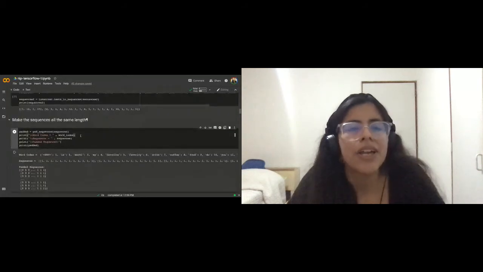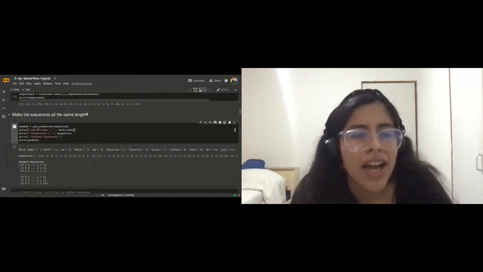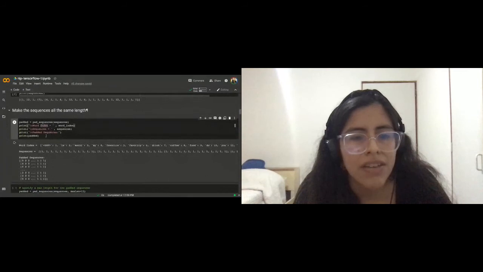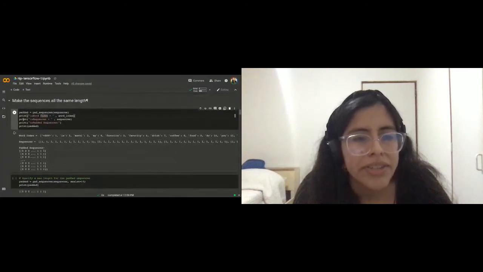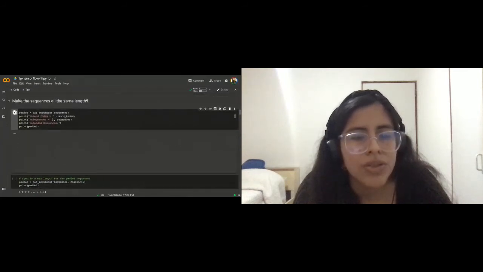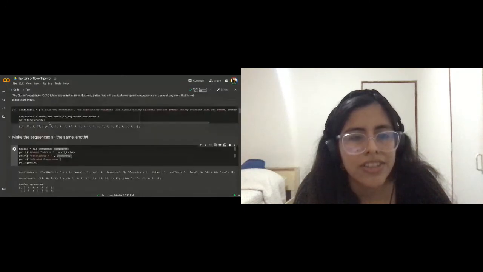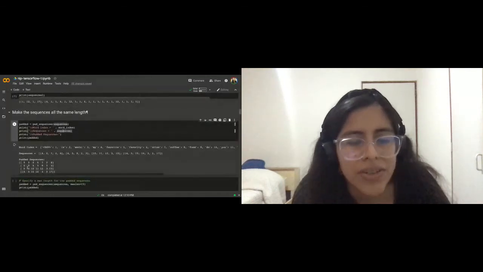And yes, here we use the padding. The padding, as I explained before, works like this: you send the sequences of your corpus, and then add zeros.